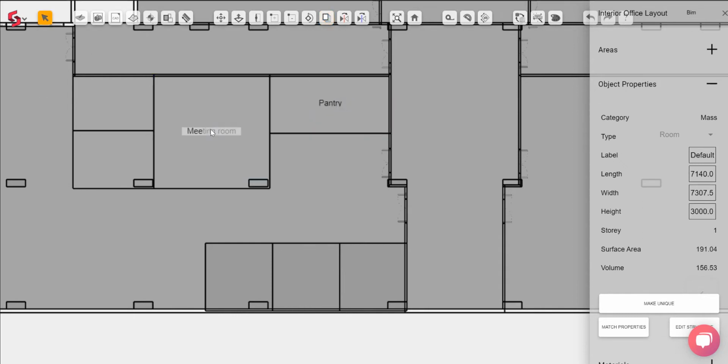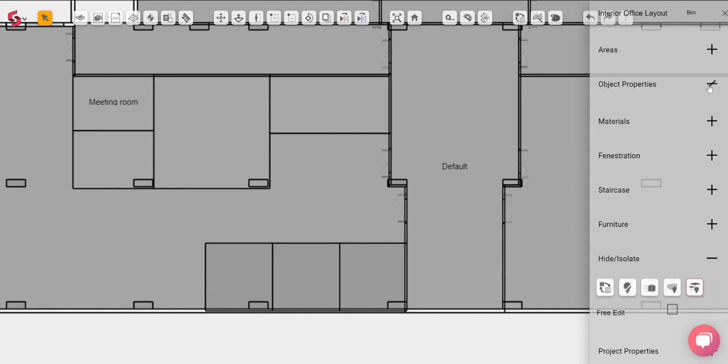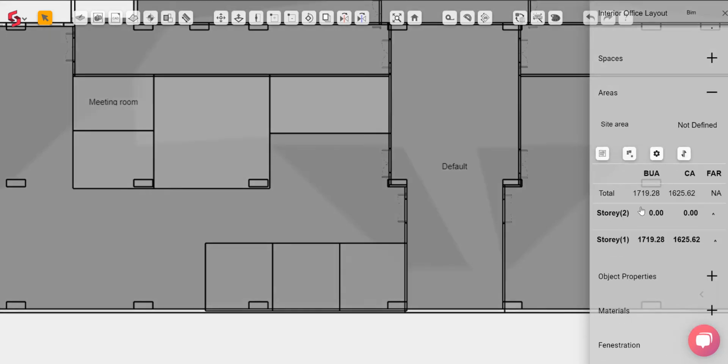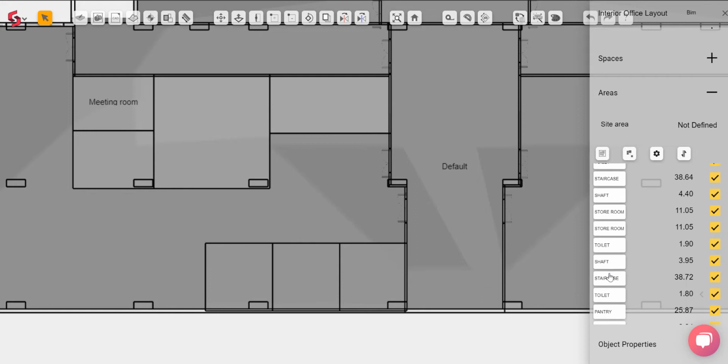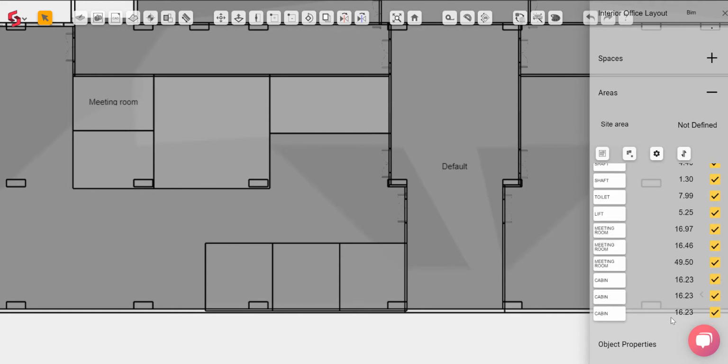Double click on the space and type in your space name. If it's a commonly used label, it will autofill itself. And as you can see, if you've named one copy, the other copies get named as well. A very interesting feature you'll notice is that if you go into the Area tab and you click on your story and you scroll down, you'll notice that you can see the area of all the spaces created so far. This is why it's good practice to name your areas so you're able to see the area of each space.